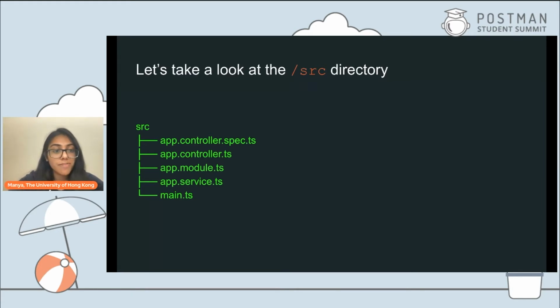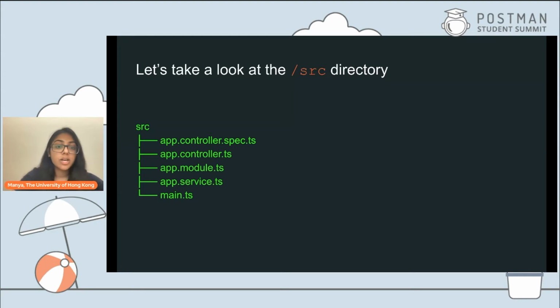It's essentially a file where you can put all your tests. So controller.spec is where you can put your tests for the controller, and similarly, you could make these files for module and services as well. Okay, so now since this is overwhelming, I think it makes more sense to first look at each of these different components that make up Nest.js, and then see later on how all of them come together to form